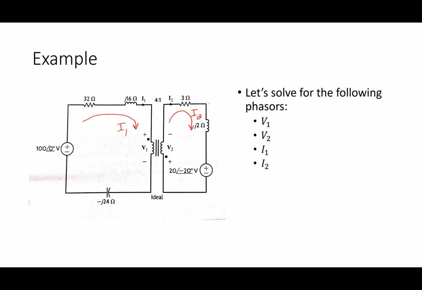The question he asks is, is the negative J24 here in series with the 32 and the 16? Yeah. And how do I know they're in series? Because of KVL, they share the same current. So I1 is going to flow into the primary and then back out. I can think of the secondary and the primary as 2 different loops here, okay?